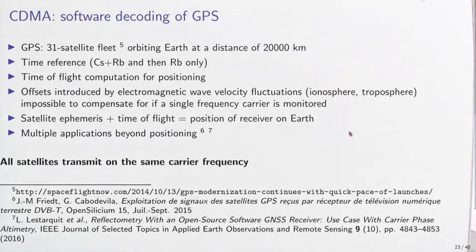So once we're convinced that the data set that we have collected indeed includes some GPS signal, now we can address decoding these signals. So GPS is a constellation, a fleet of 31 satellites orbiting the Earth at a distance of 20,000 kilometers from the surface of the Earth. They are fitted with various high stability atomic clocks. At some point it was cesium and rubidium, now it's rubidium and hydrogen masers. And the objective of these high stability clocks is to transfer a high stability timing signal for trilateration and positioning of a receiver on the surface of the Earth as a solution of